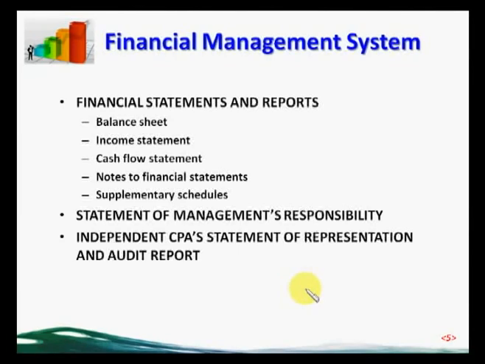The auditor's report, or the package of the independent auditor's report, also includes a statement of representation. And this statement of representation is issued by the independent CPA himself. He or she states that